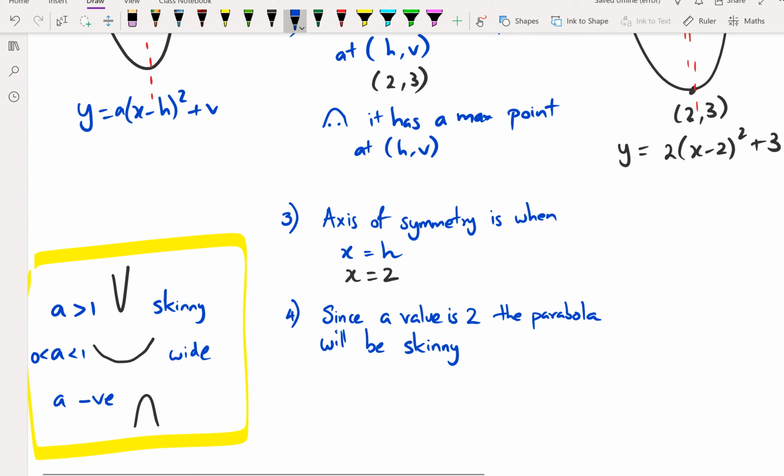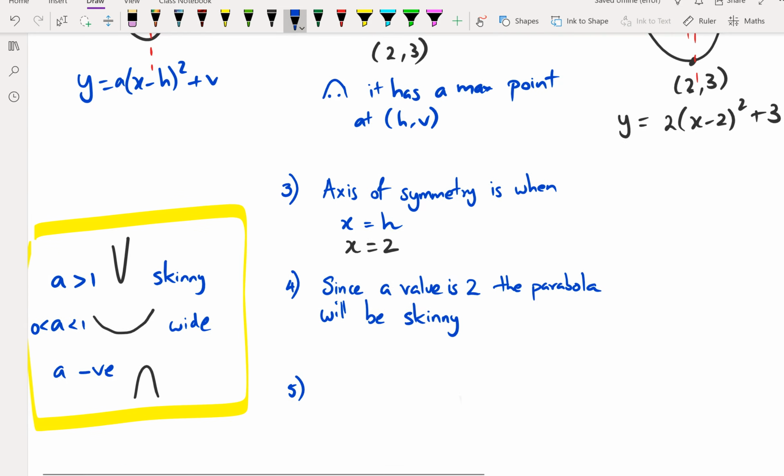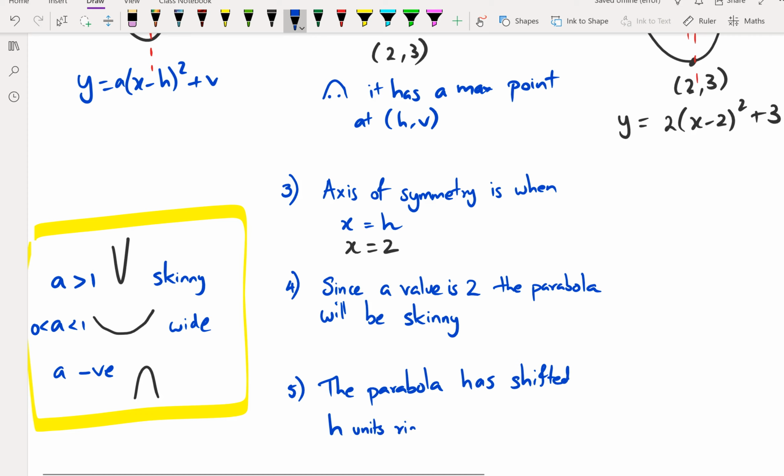The fifth one is you can say horizontal movement and vertical movement. This is very standard for all the graphs that you do. It's a standard thing that you can write about. So you can say the parabola has shifted. Guys, I know I'm writing this down, but it's available for you later on as well in your notes, the whiteboard that I shared with you. So you can talk about it like this: the parabola has shifted h units right